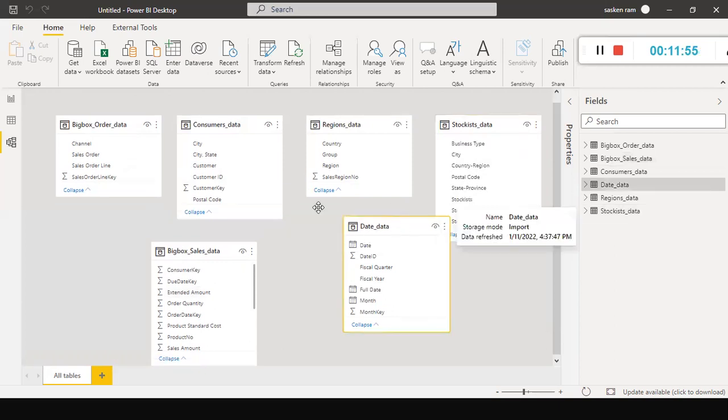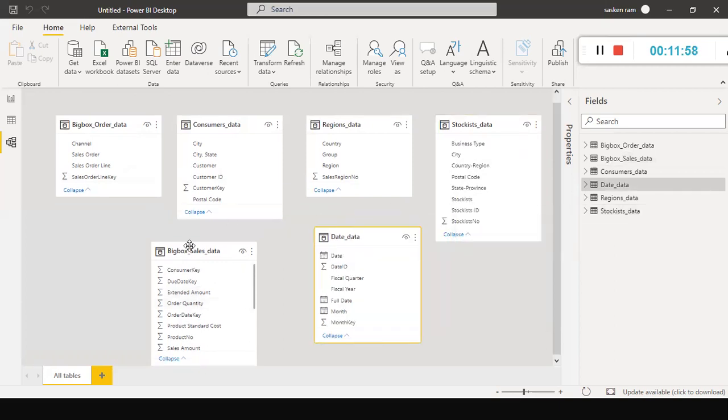All right. So the next one is, look here. Here, consumer key is there, which is nothing but the consumer data. So how do I create the relationship between these two tables? See here, I have customer. In this table, the customer column has the customer name. So if I wanted to see, for each customer, how many orders, and in each order, what products they ordered, right? The detailed data, the transaction data, is stored here.